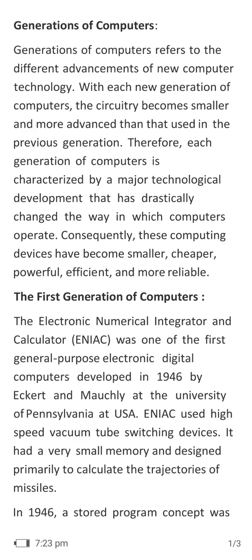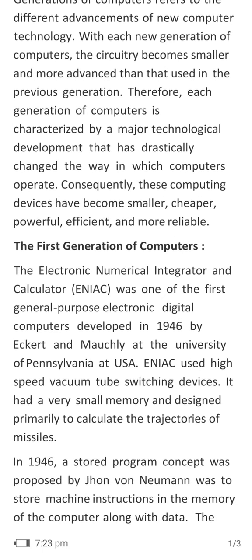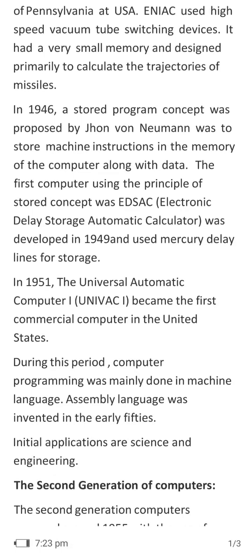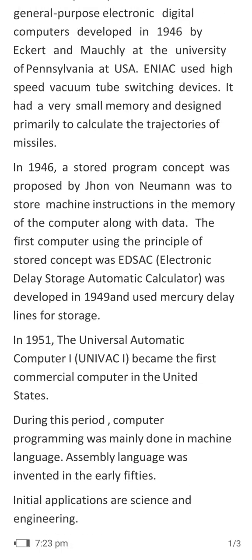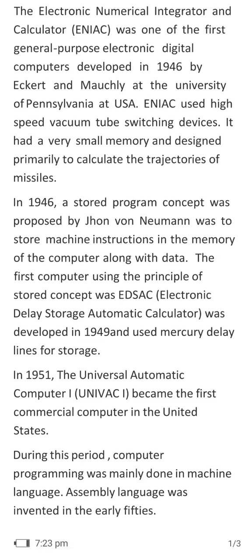ENIAC used high speed vacuum tube switching devices. Because of these vacuum tubes, the computer size is very large, and the first computers used around 1800 vacuum tubes, and the first generation of computers occupy